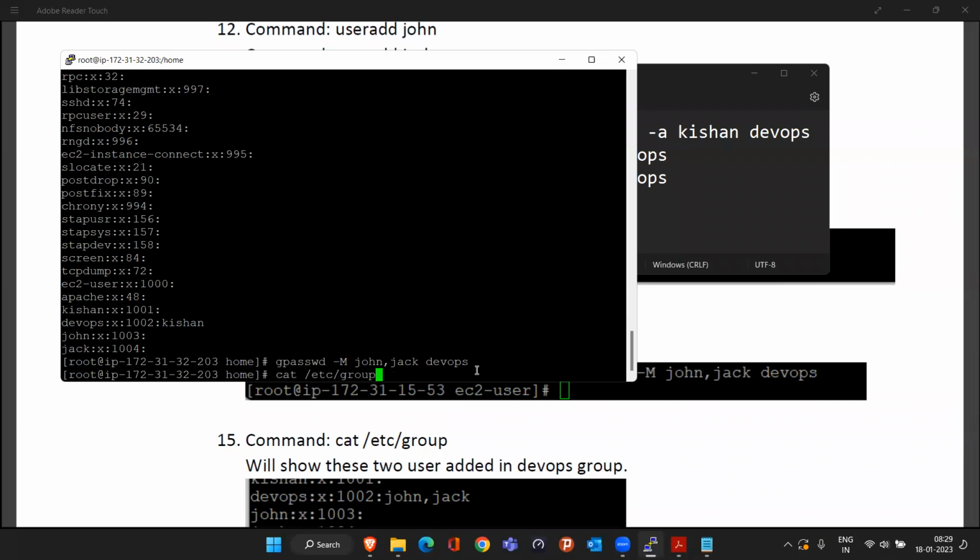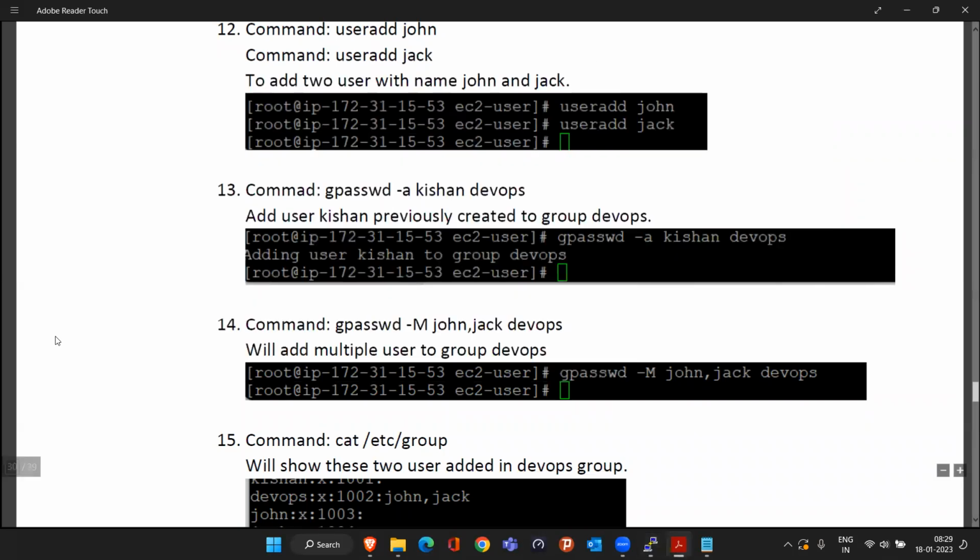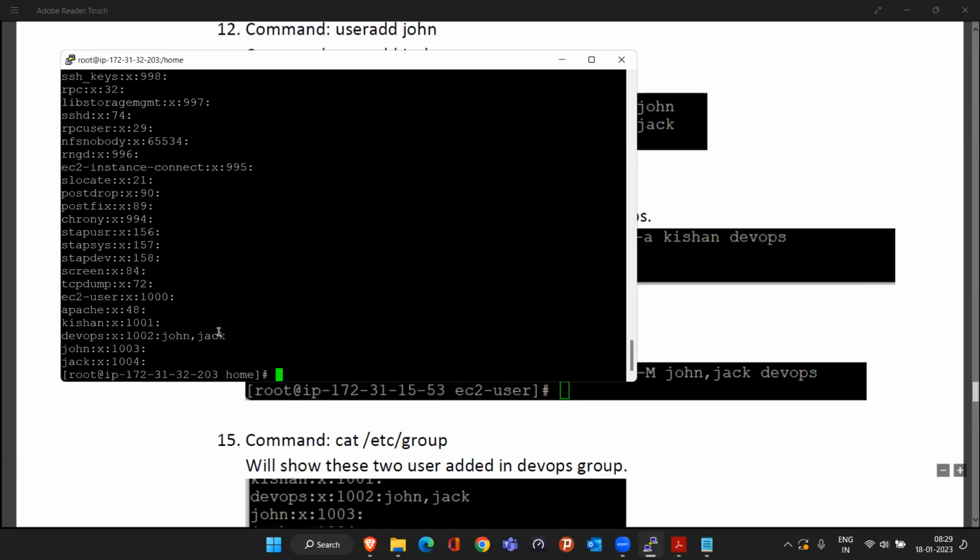Now, if you see the command again, Kisan is replaced. Now in the DevOps group, only John and Jack are visible. Okay. But now, once I've added John and Jack, if we want to add Kisan also,